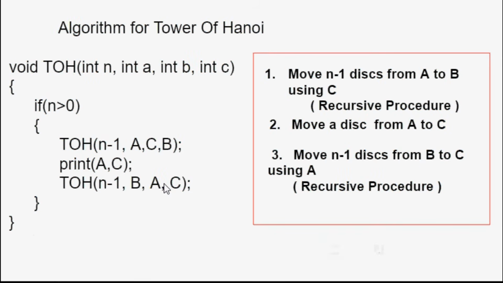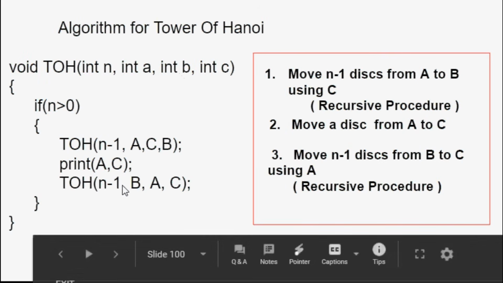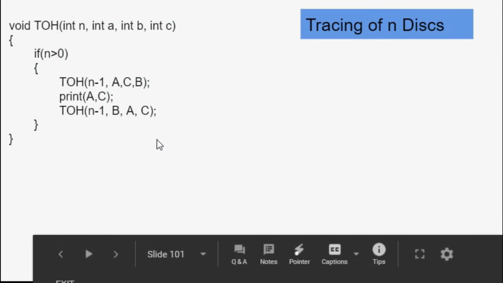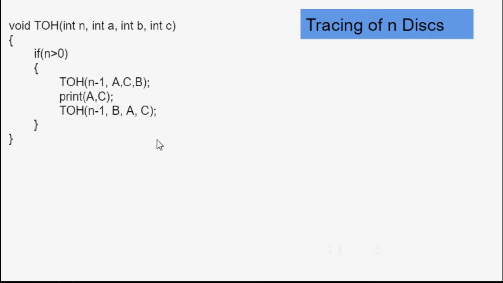Now let's just have a look how these recursive calls are being made. So this is the code snippet that I have written. Now we are going to make a trace of these disks. Now I have written n disks, so here I am taking n as 3 disks. The concept would remain the same whether you take 4 or 10 disks. Here we don't want to make it more complex, so that is why I have taken the example of 3 disks.